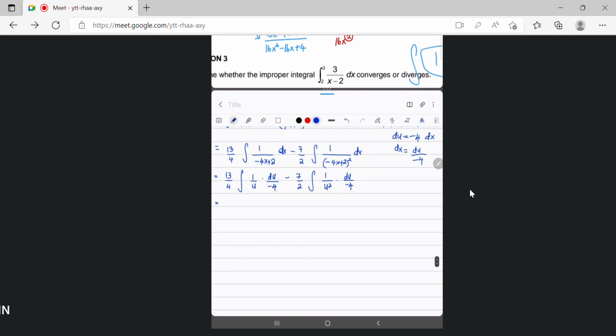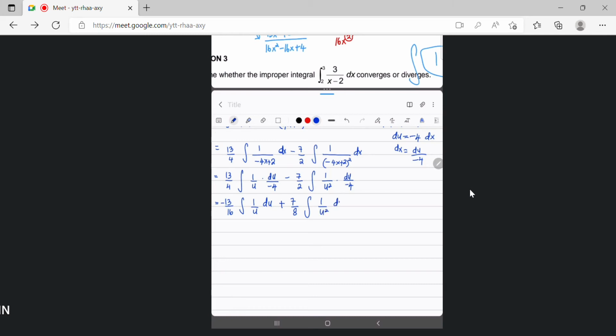You have a constant -4 here. So negative 13/4 times with -1/4. So dia akan dapat -13/16. So integrate 1/u du minus, okay, minus. You have the -1/4. So multiply with the negative, so kita akan jadi plus lah kat sini. 7/8